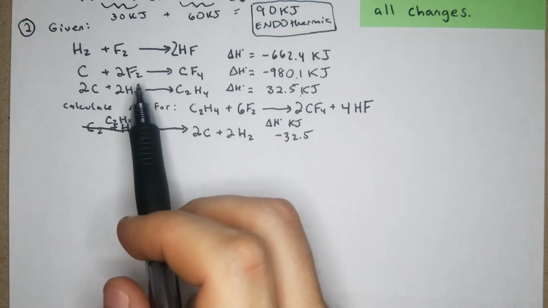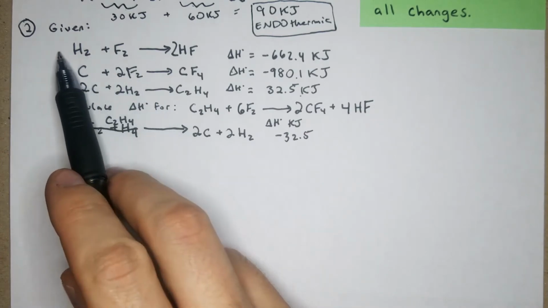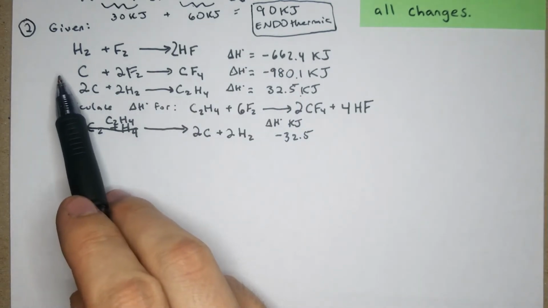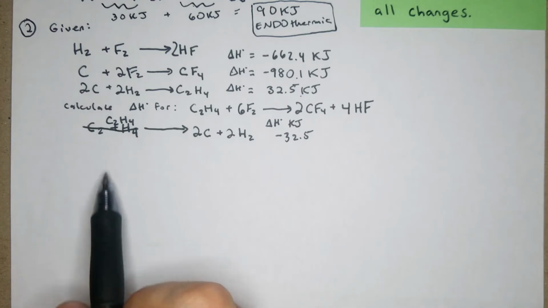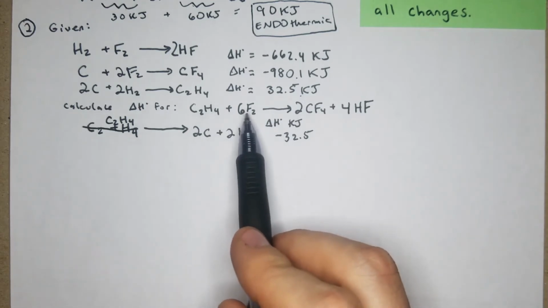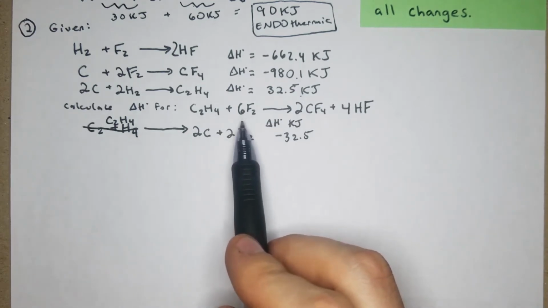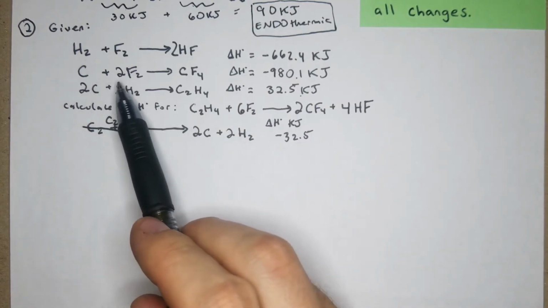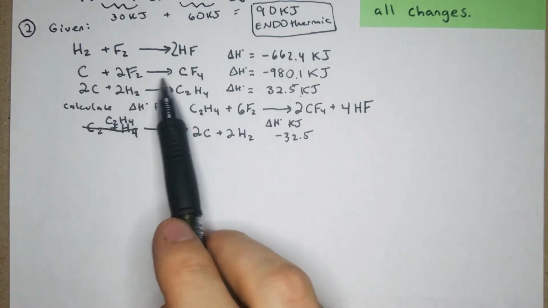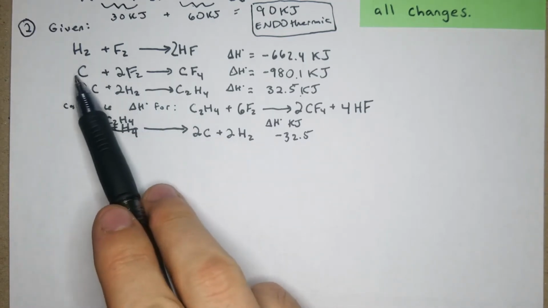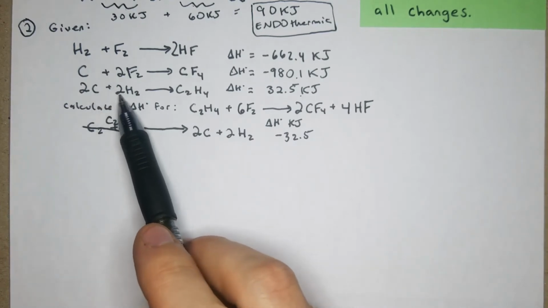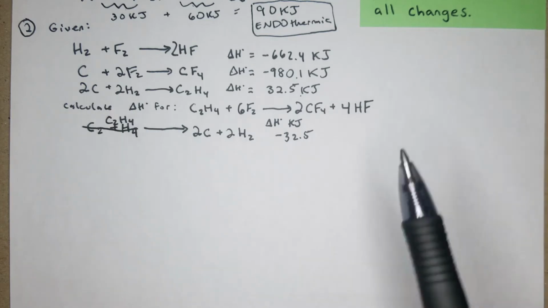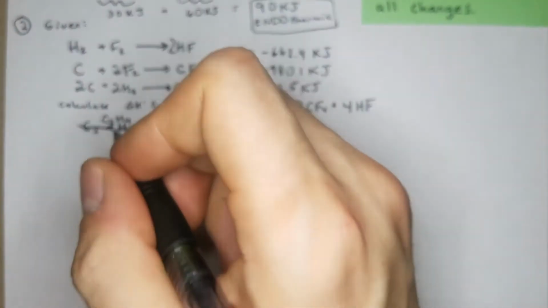So in this case, there's a few different ways we could do it. We could do 6 times this equation, multiply this by 6. We could do half and half in different ways. This is a 6F2, so it looks to me that what we might want to do is, if we multiply this by 6, you can kind of think a couple steps ahead. We're going to have to multiply this whole thing by 3 to get 6F2, and then you're going to have 3 C's. Do you really need 3 C's? It doesn't look like we have any C's alone. So I think what would be a smart next step would be, in this case, to do